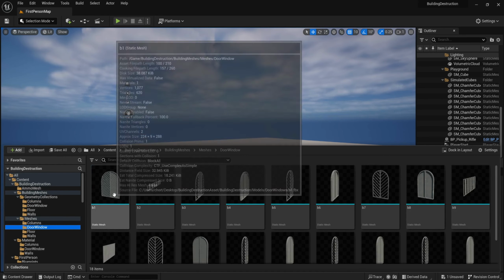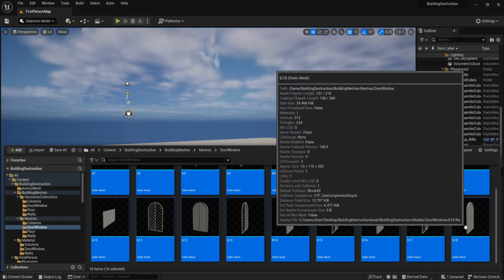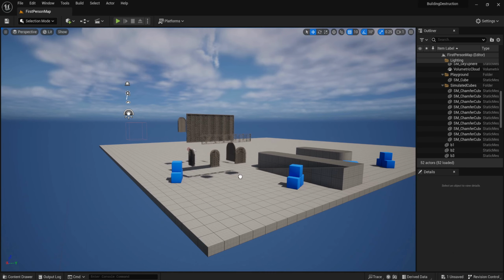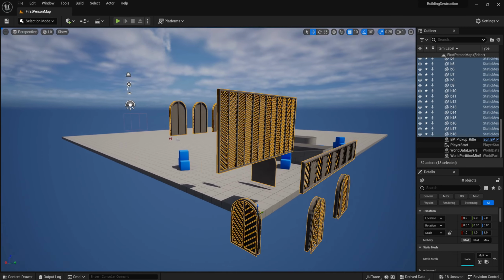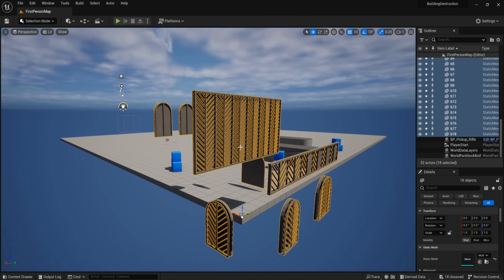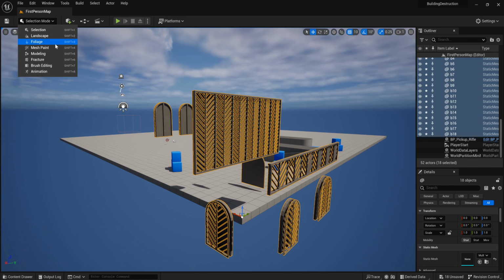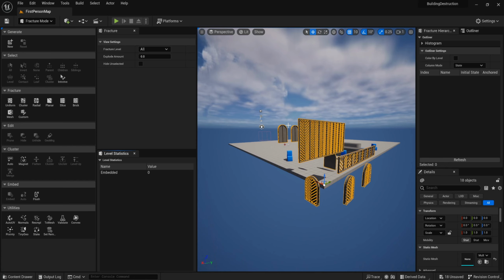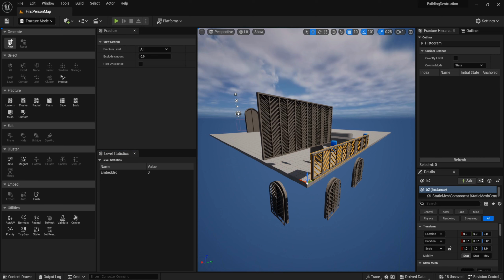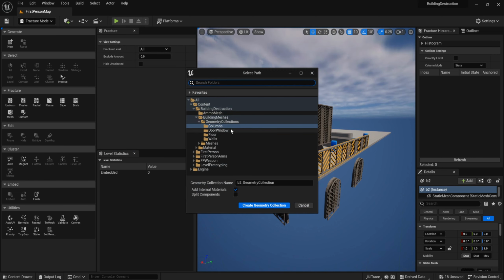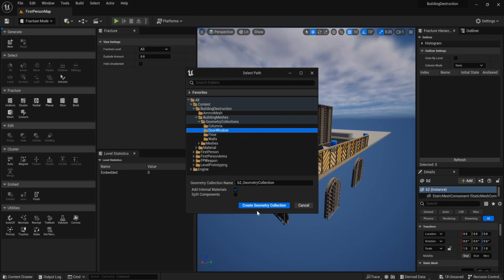Next is door window. Drag all of it into the scene. Set this location to 0. And click on fracture. New. Go to the door window geometry collection